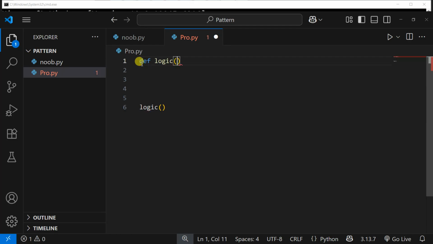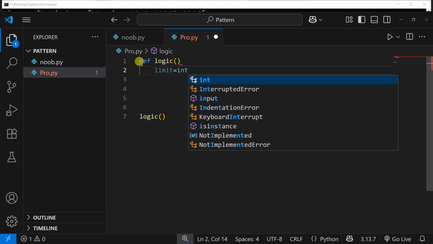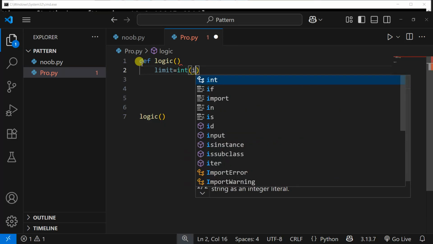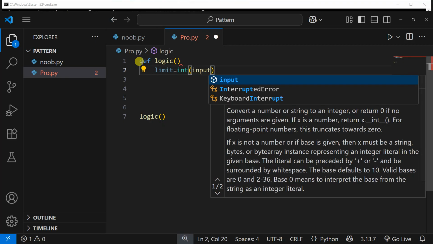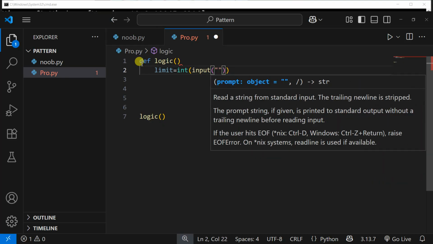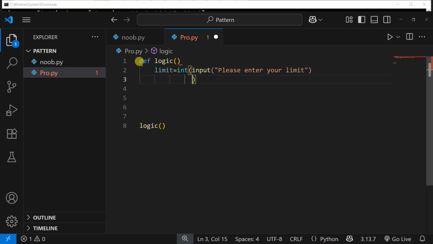It doesn't expect any parameter, but it will be asking for some limit for the stars to appear multiple times, and integer since, then input. So input takes everything as a string as an input. For that reason we are typecasting it to integer. Please enter your limit. Next